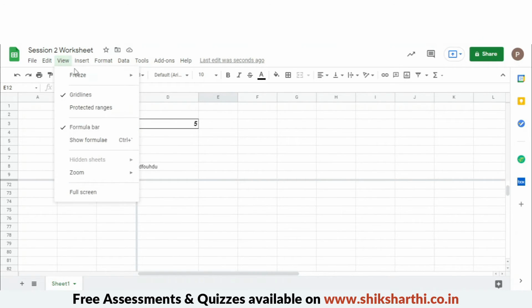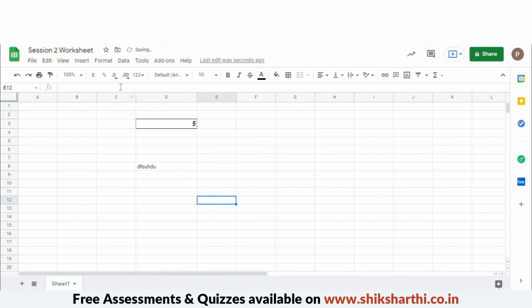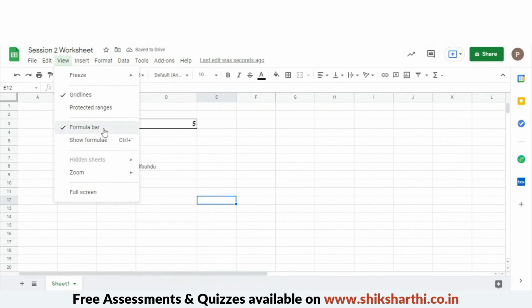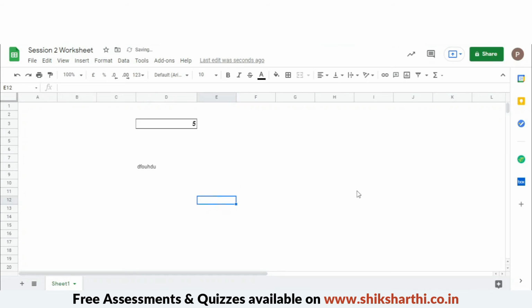This is the use of freeze panes, which is useful when you are working with large data sets with a large number of rows and columns filled. If you remove these grid lines, there won't be any grid lines. But in the end, you will always select a cell for any formatting.